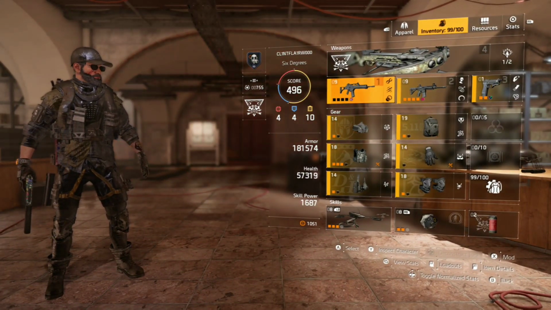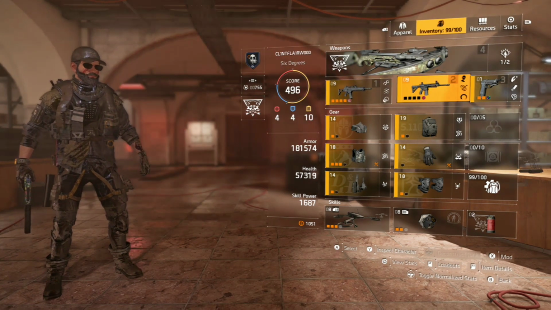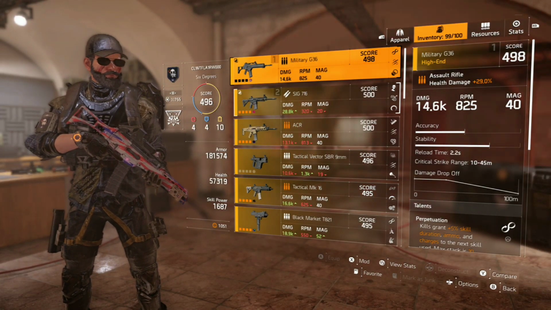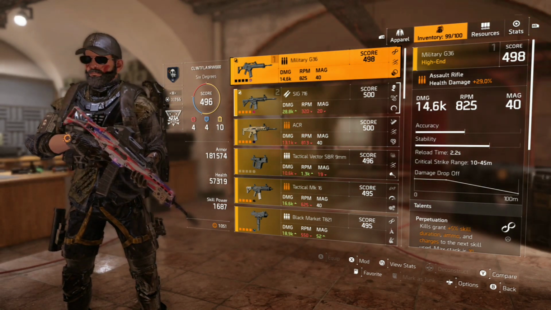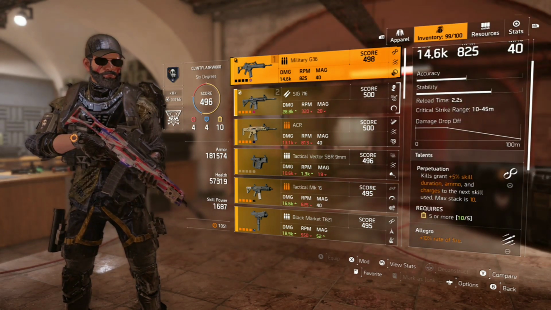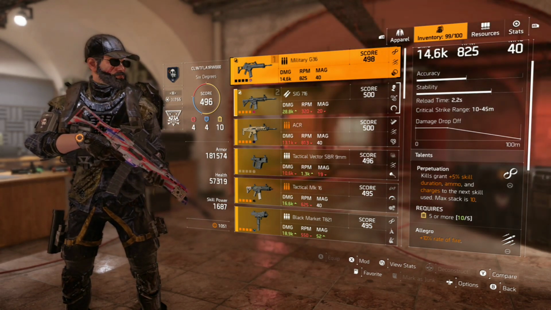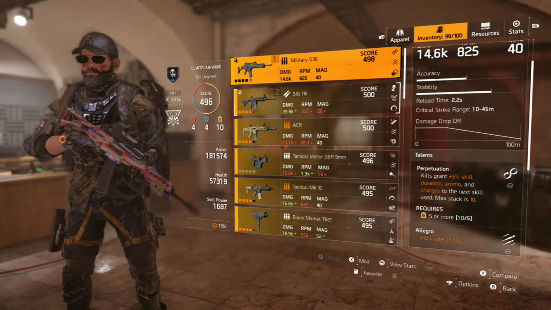Weapons, again, the primary synergizes exceptionally well with this build. We'll go through it. It is a military G36, damage of 14.6k, RPM is 825, which is nice for this particular weapon archetype. 40 in the mag, an okay accuracy, decent stability, reload time of 2.2 seconds. The critical strike range is the generic 10 to 45 meters in the AR world. But the talent, this is the talent you will need to make sure that your